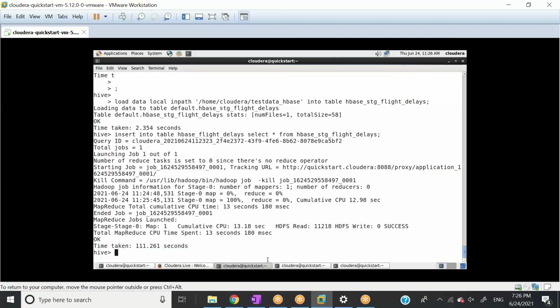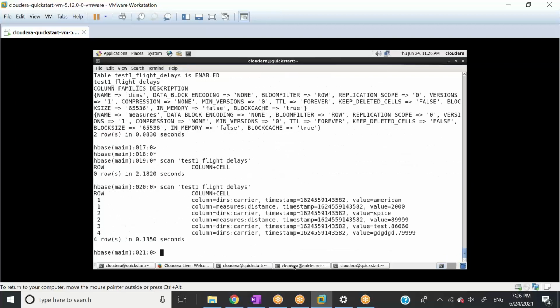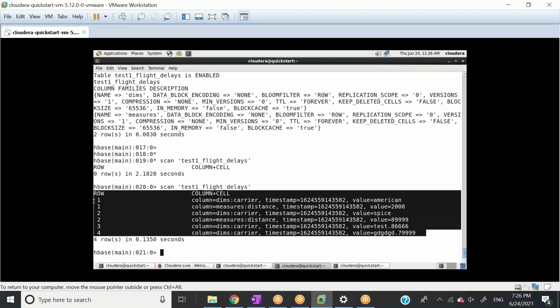So now let's go here and let's scan this table. See the magic, right? I haven't inserted data into the HBase table. The good thing was I inserted data into the Hive staging table. I ingested from staging Hive to the main table in Hive, which is connected to HBase with the column and the column family mapped to the Hive table columns. So it came like this. Okay, so this is how we need to integrate.